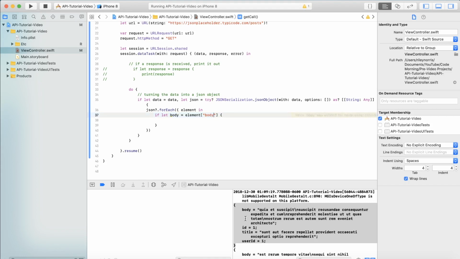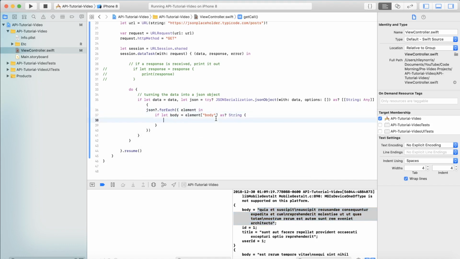So we have this object here, and we're saying we just want the body, and we have to define what type that's going to be, because you can see right here it says that it could be any, but we need to specifically define what it's going to be here, and we see that this is a string. So we're going to do